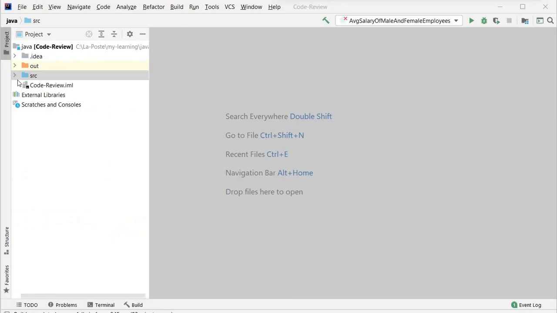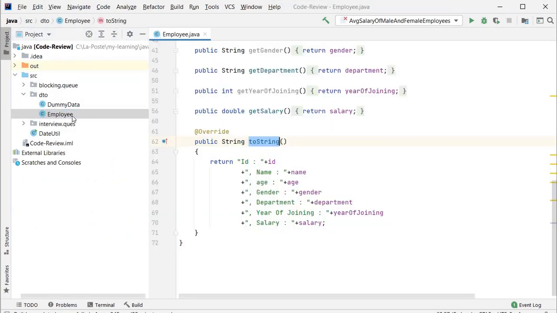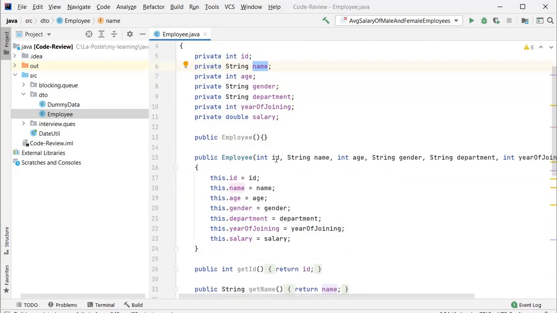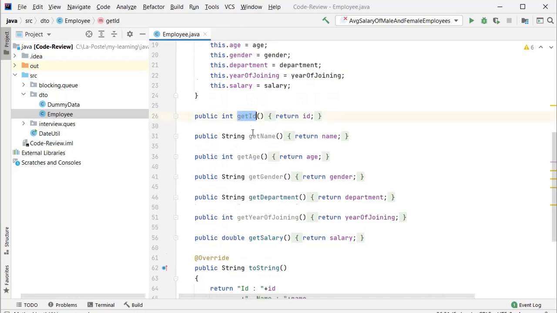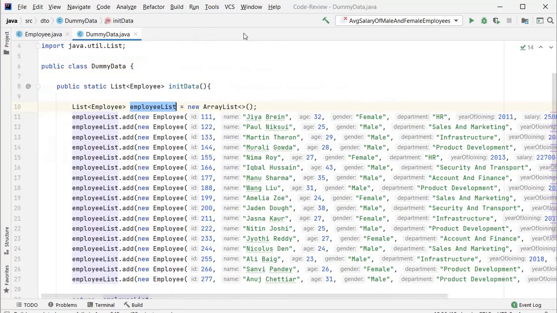Here I have created two classes. One is the Employee class with member variables ID, name, and so on, and I provided the parameterized and default constructors, and also added the getter methods and overrode the toString method to print output in a good format. The second class I created is the Dummy class.